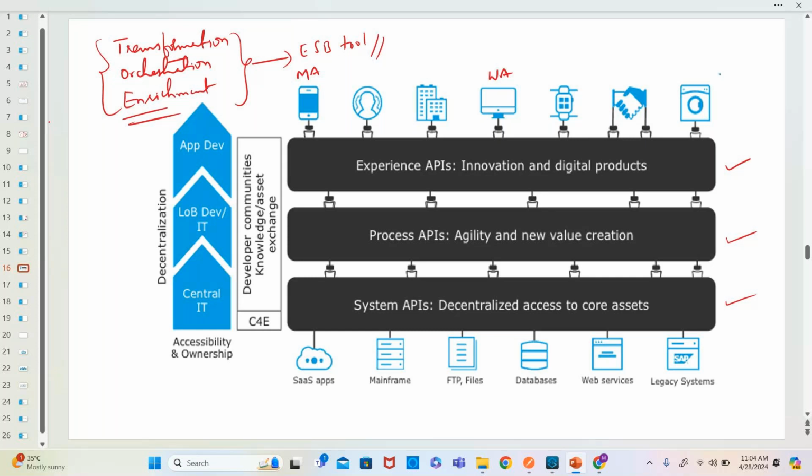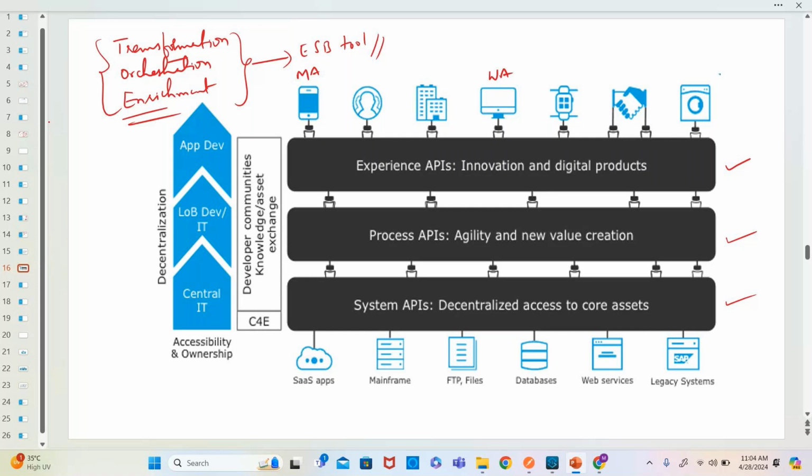Now, what is the core essence of integrating the applications? Why is it required? To transform data from one application to another application, and also handle the APIs. Now there are different applications, and MuleSoft came into the picture, and it is trying to provide the integration between